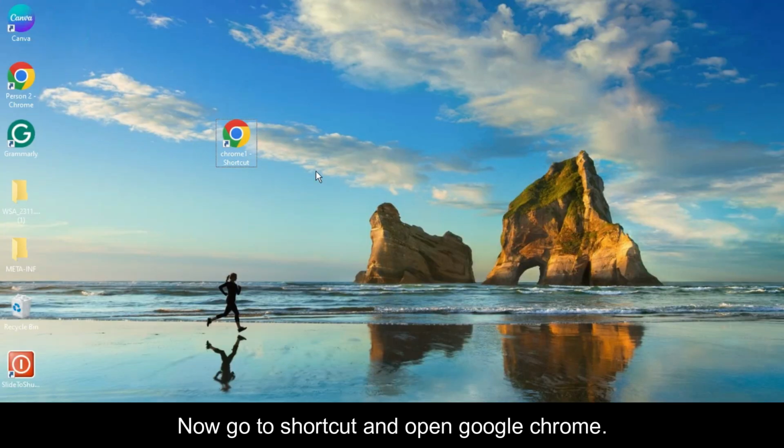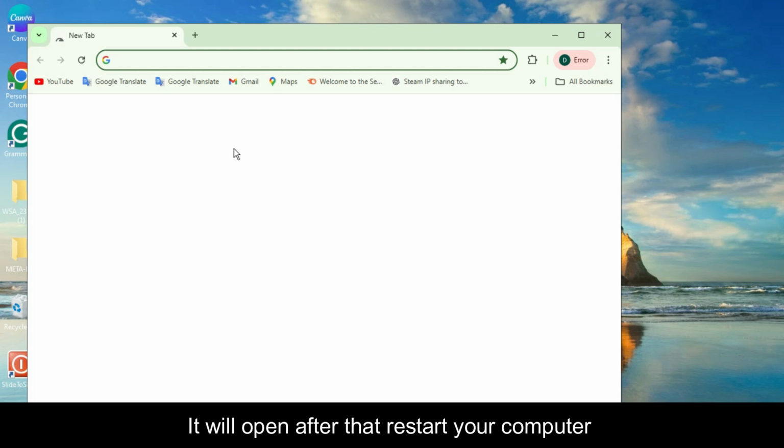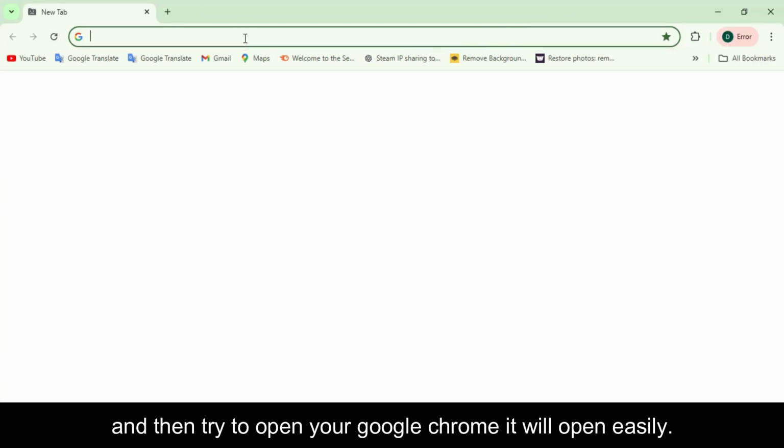Now go to the shortcut and open Google Chrome. It will open after that. Restart your computer and then try to open your Google Chrome. It will open